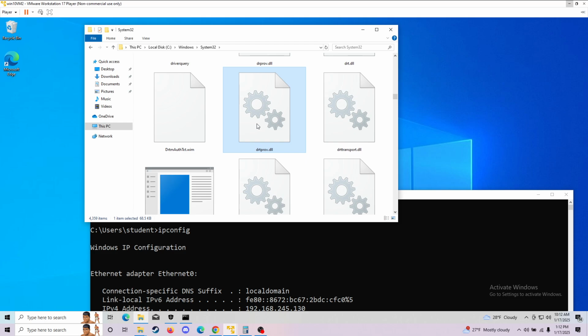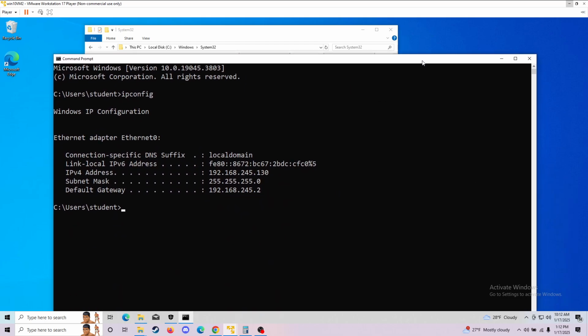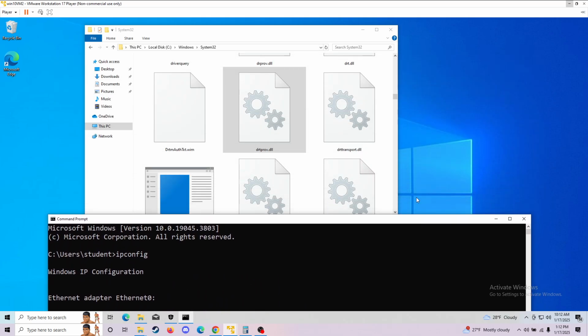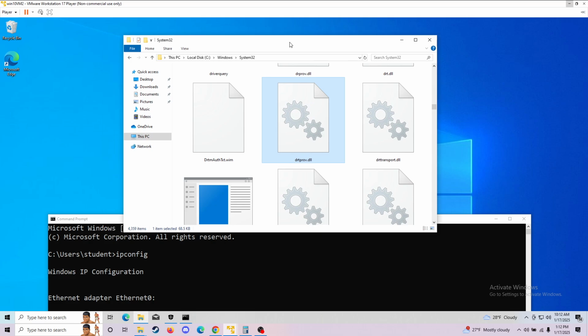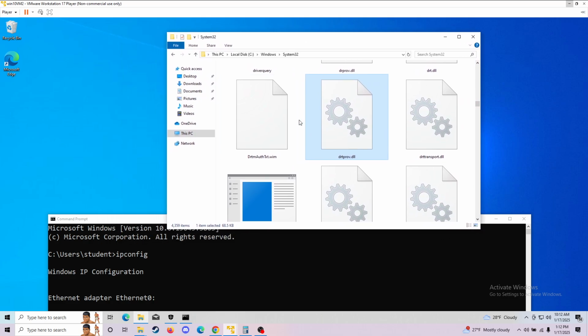For this demonstration, I am going to have to transfer it directly to the desktop, because you will get an error if you try to transfer a file directly into System32. It is a protected folder. So we have now checked our subnet. We now have our final destination folder for our DLL file. So now when we're done, it will be transferred over, and then we can set up our listener and our